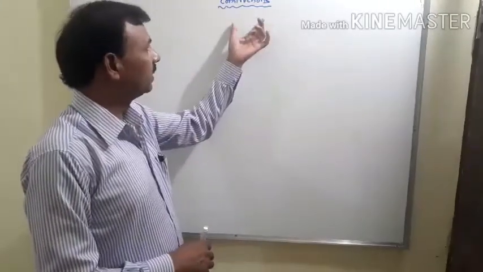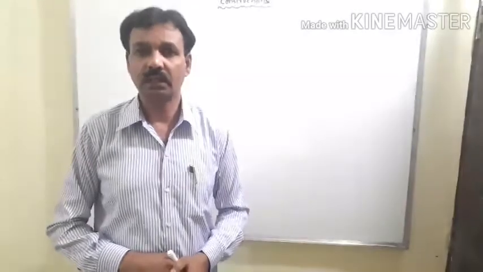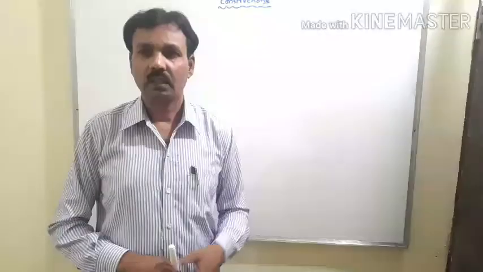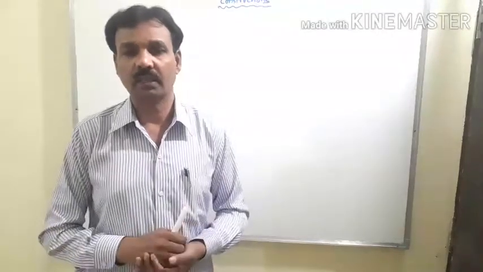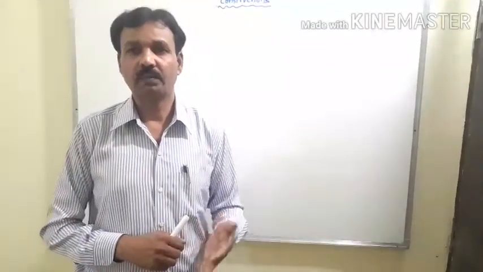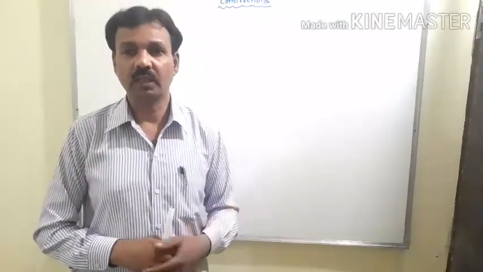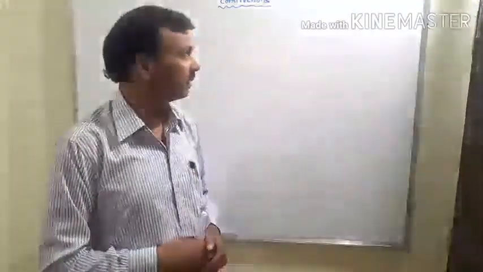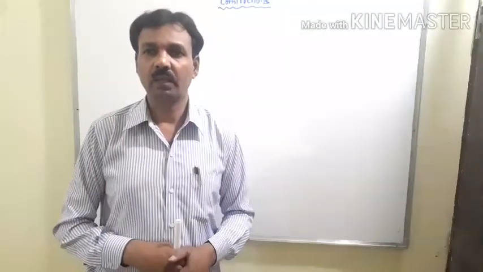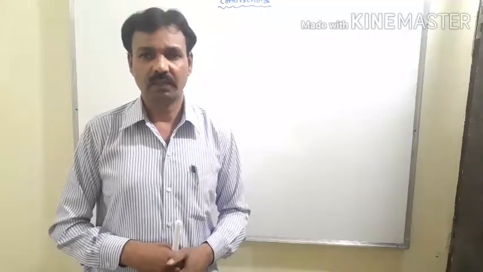In this chapter, that means in the constructions, in the 9th class there are some special constructions given. Like construction of an angle, construction of the bisector of any given angle, construction of a perpendicular to any line, construction of any quadrilateral, construction of triangles. There are many types of construction given here. Now we will take them one by one and try to understand how to construct any geometrical figure.